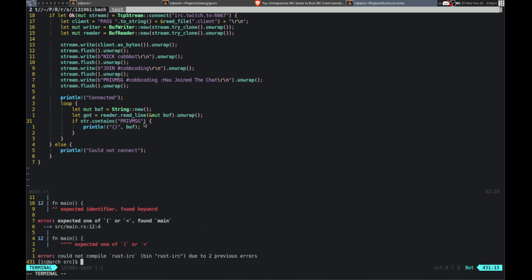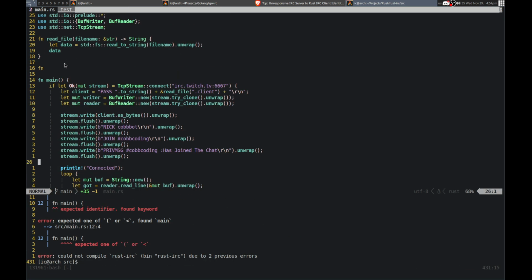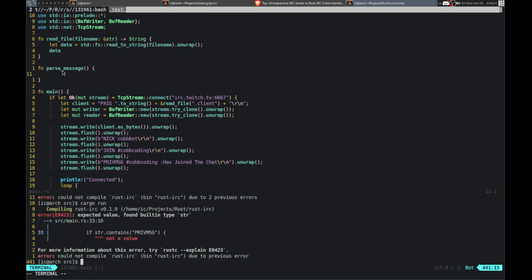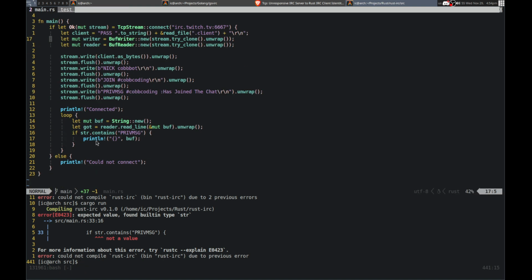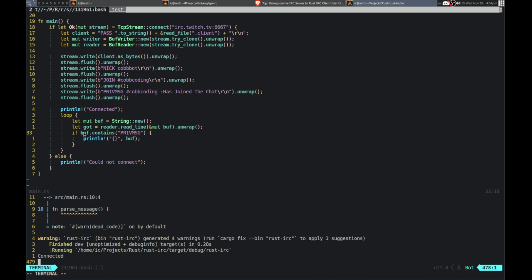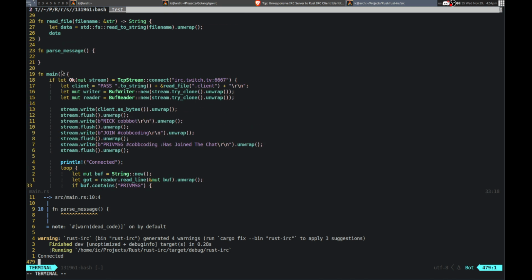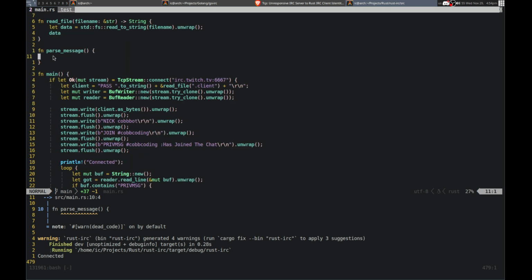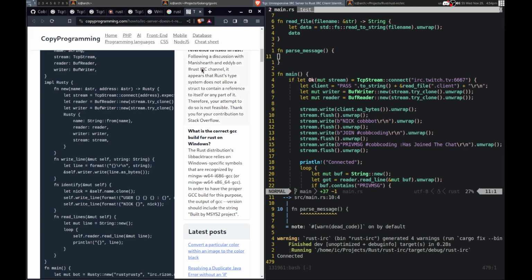I forgot about that. Now I messed up because, yes, this is going to be parse message. Okay, I got that right now. And string doesn't exist, so buff. Okay, and there we go. Yeah, thank you for pointing that out. Alright, so parse message. You just want to send a message in there, and then we want to get it. So is there like